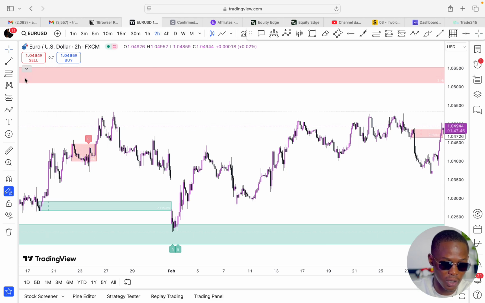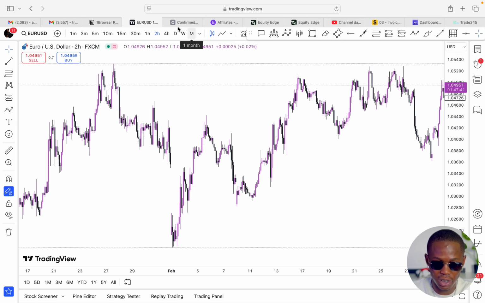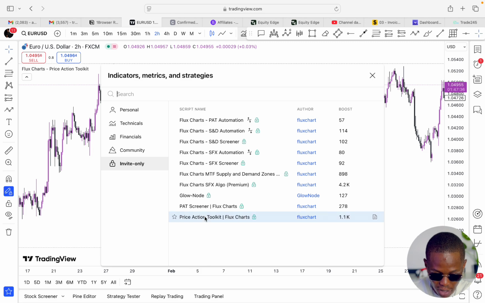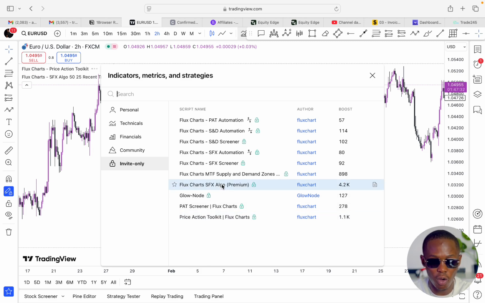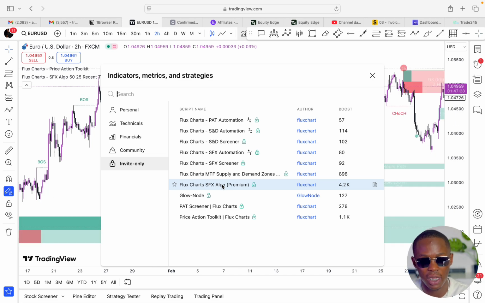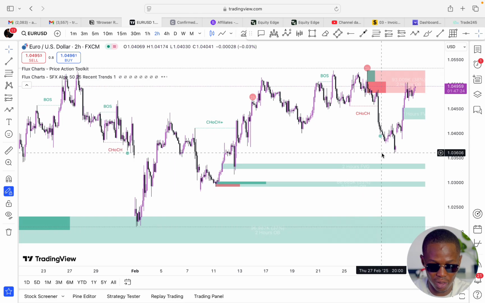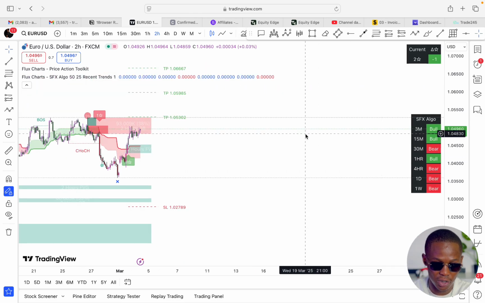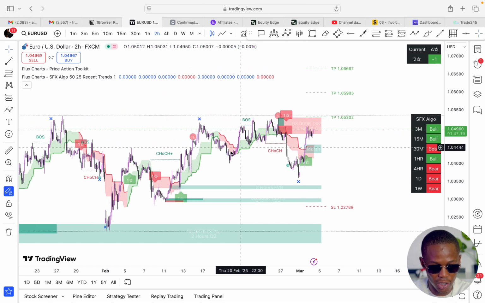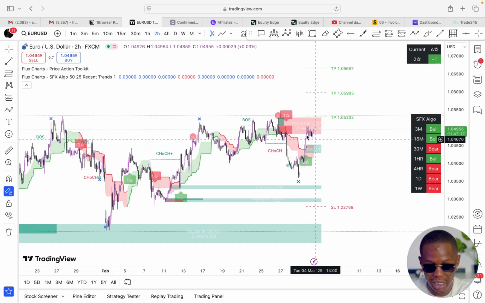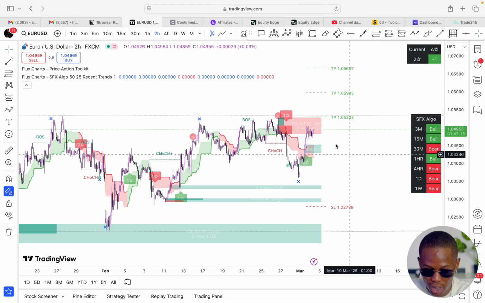So we're gonna remove the supply and demand zone, and we're going to be putting on the price action toolkit and the Flux Charts algo. The only reason this might be a little bit messed up is because you can choose to use one so that you don't have messy charts, but as well, they can still work in line. I love my charts very clean, but you can use this